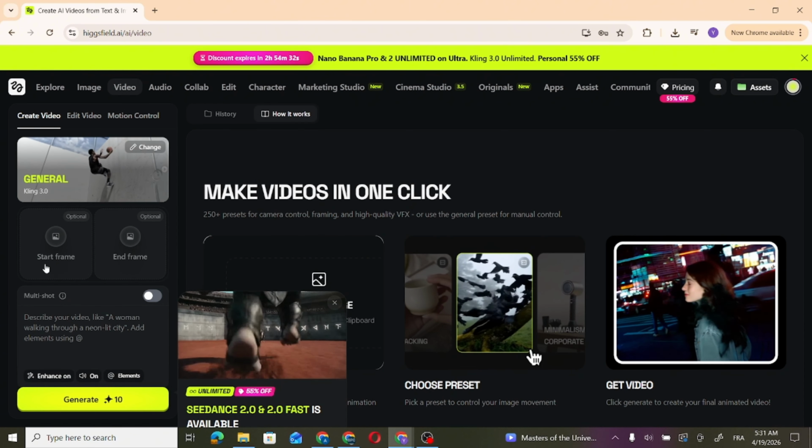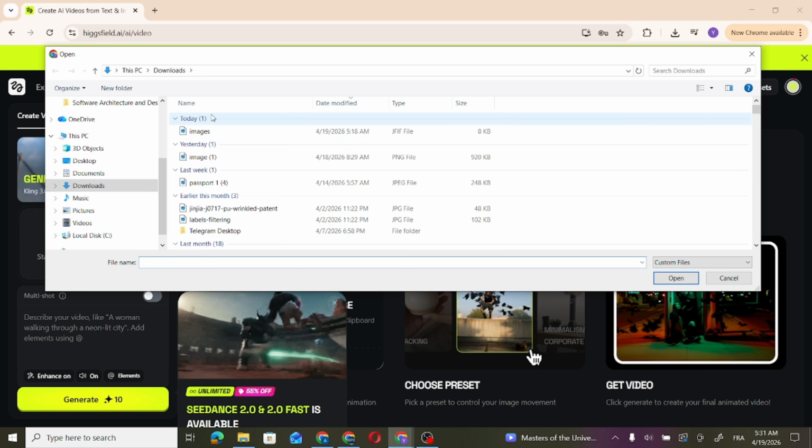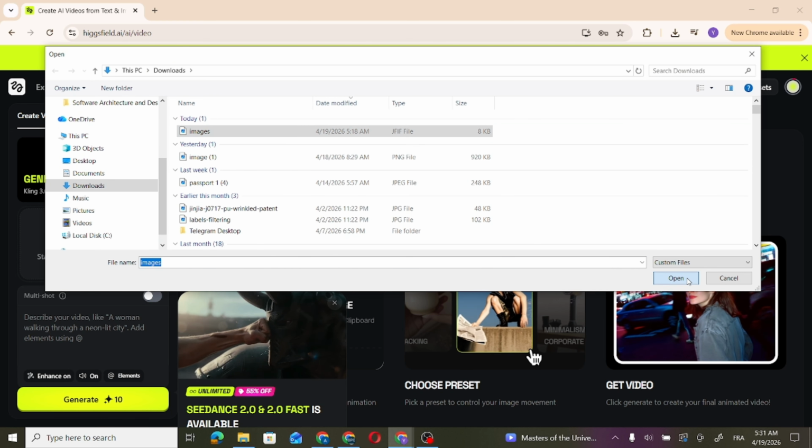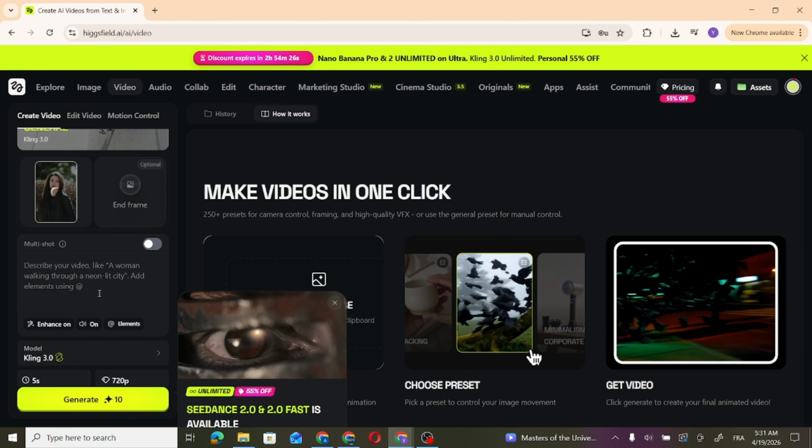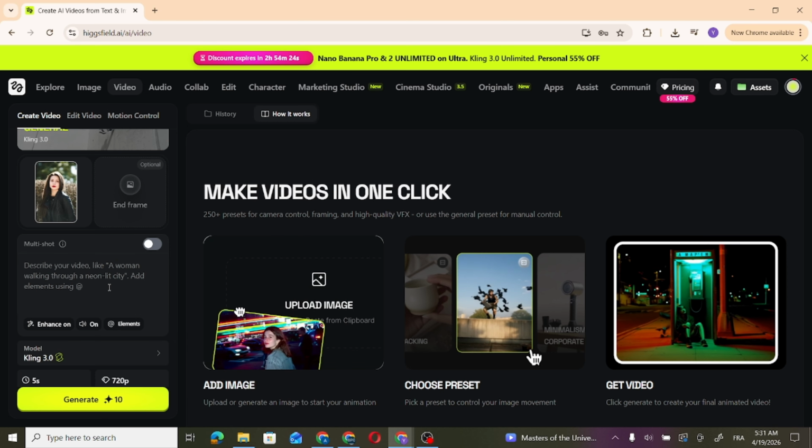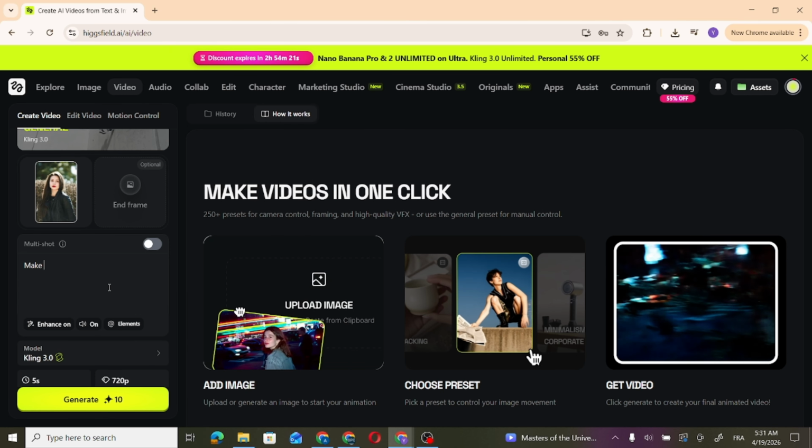Now you need to put the start frame, choose your start frame, and then just describe what the photo needs to do. For example, make